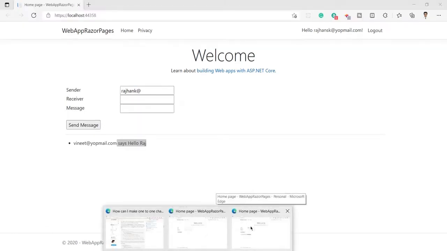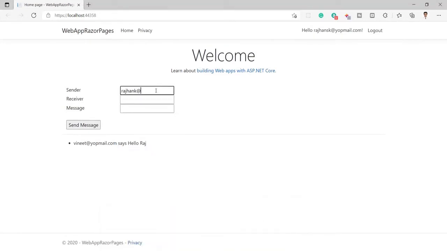So I have received the message from here, so I should reply. So here I will enter the logged in email ID, and the receiver is going to be this one, and here I am going to enter this message.